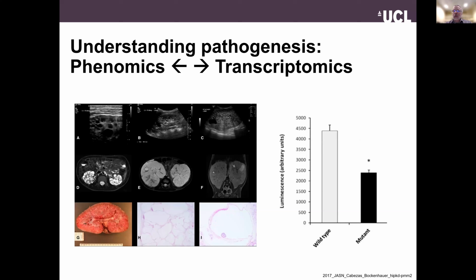One of the most frequent genetic disorders is polycystic kidney disease. What I'm showing you here is the way polycystic kidneys can be seen at different levels of magnification and using different imaging and phenotyping methods. But to connect the phenotype to the sequence variant, we need to understand how the transcription of the genes